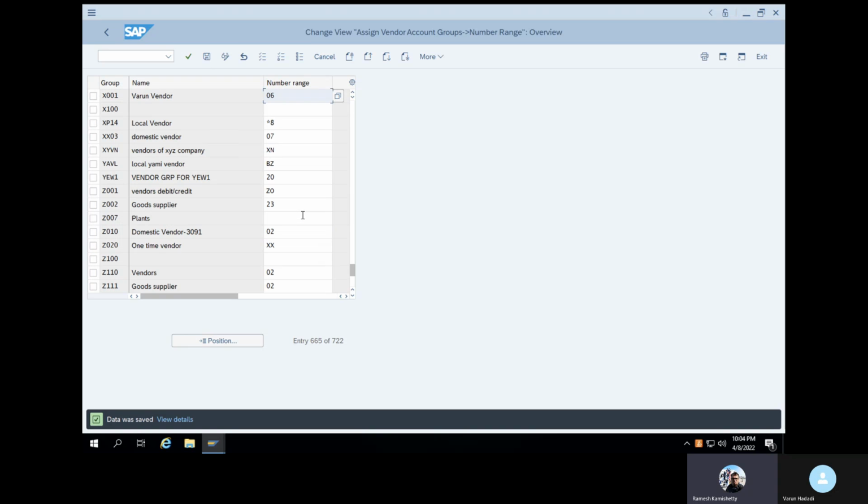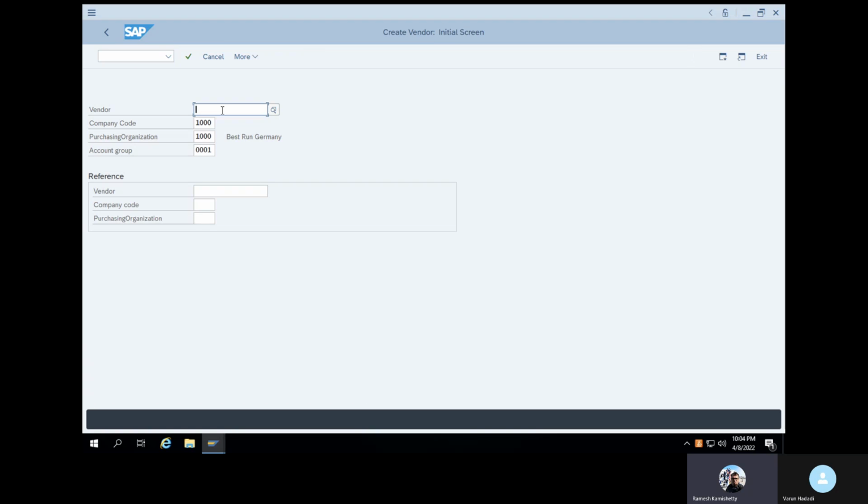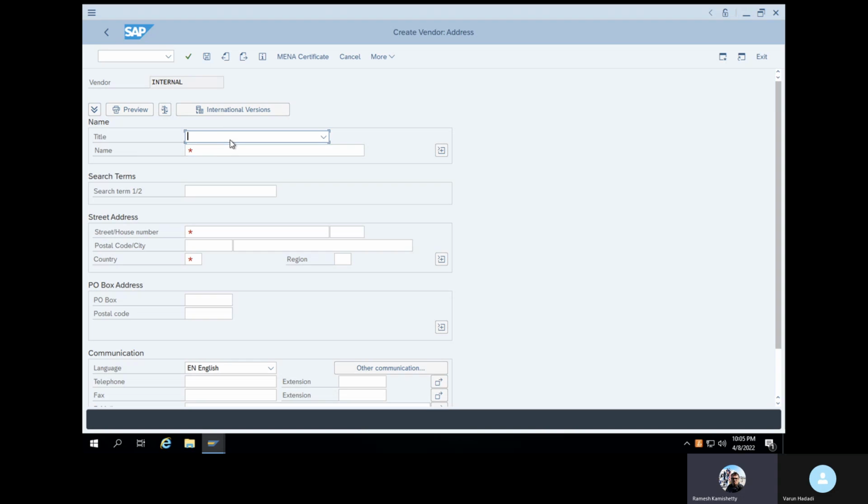Now try to create with XK01 with your account group X001. No need to enter the number range, just in place of 0001, enter X001. Press enter. So now the number range is coming internally. When you save, the number will come. Okay.